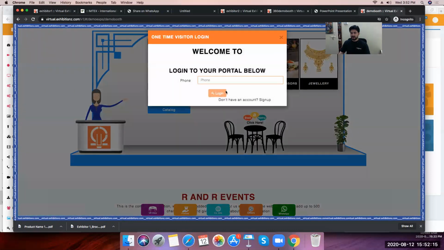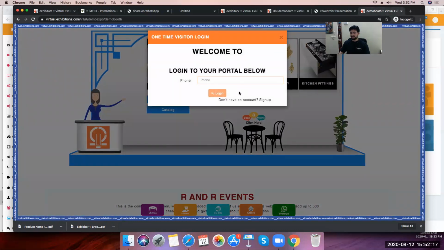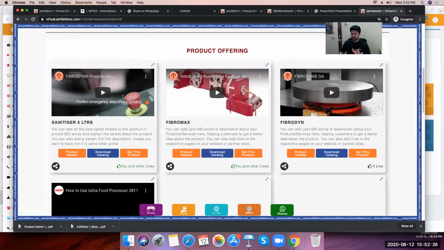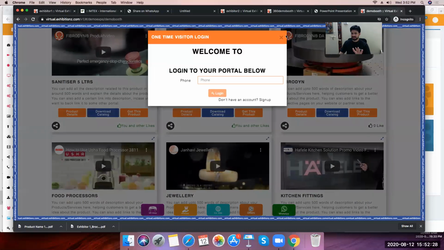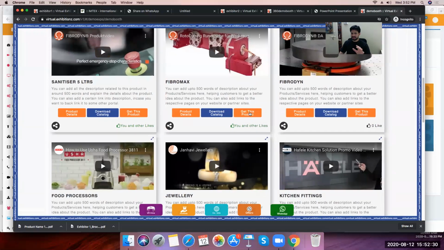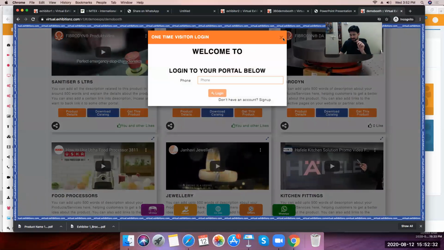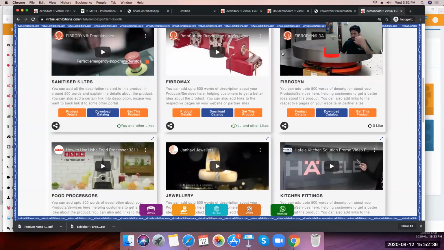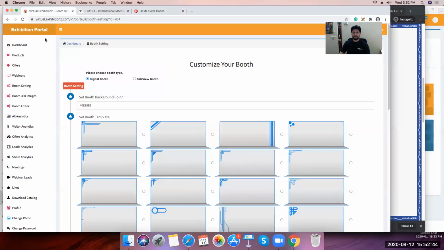Whenever I click on this, it will always open up this point, where I either have to log in or sign up. Without that, I cannot interact. Yeah, that's important. So unless and until I do this, I cannot interact. So if I want to do any activity on the booth, I have to first log in and give my details. And once my details are in, that is when the data automatically populates in the backend.